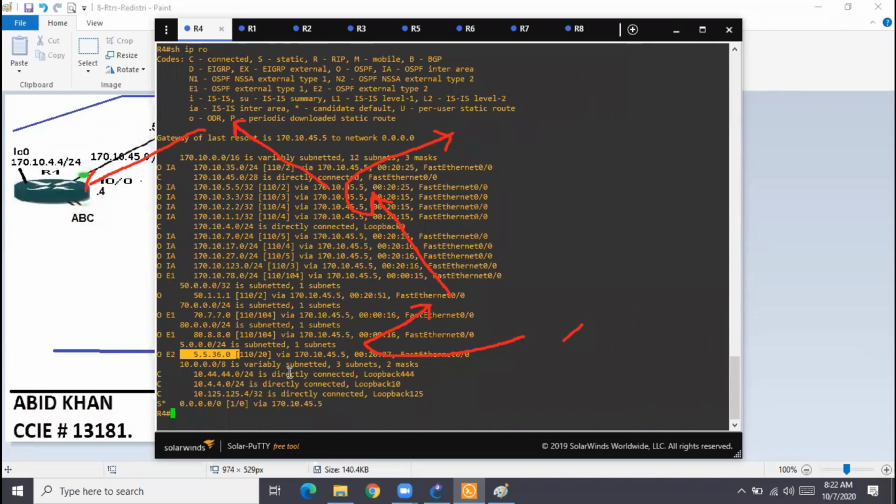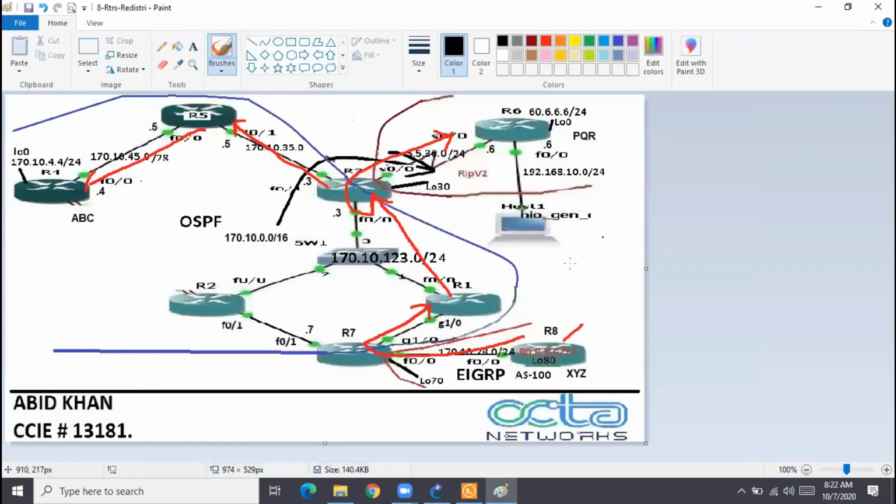And now you see the metric. What is the metric? Let's again focus on 80. See, for R4 it has now become what? 104. How has it become 104? See here. The link between R7 and R1 is what? Gigabit link. In OSPF, the gigabit link default cost is what? 1. So when R7 is forwarding the route to R1, on R1 it will become 100 plus 1, 101. Then when it lands on R3, this is Fast Ethernet.